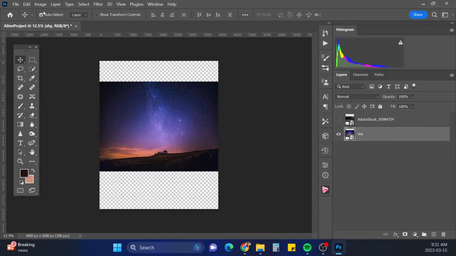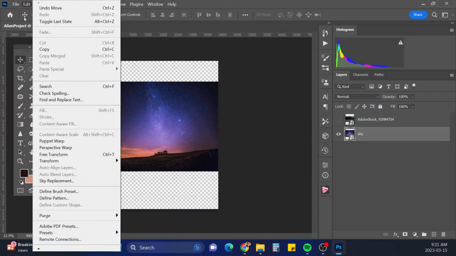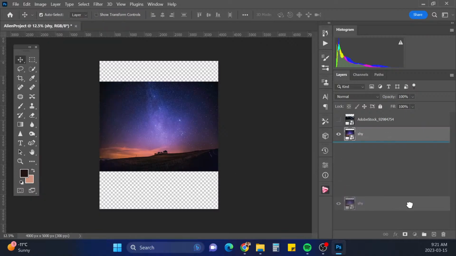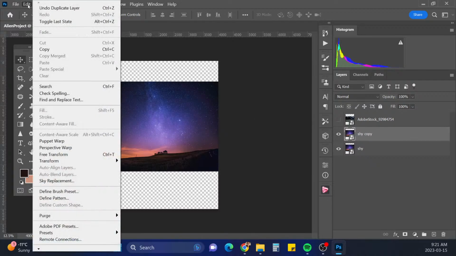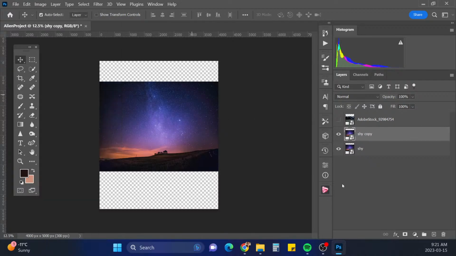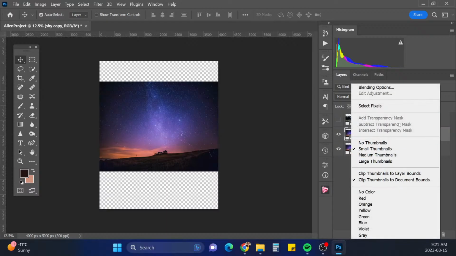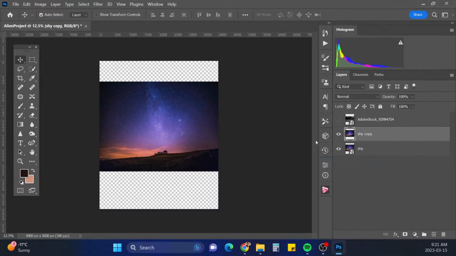So I'm going to go to Edit, and actually, let's try to make a copy on that one. I'm just gonna rasterize this one. Rasterizing the layer will make it go from the smart object, and so now this layer is not a smart object. But what I want to do is stretch just the sky part up a bit.